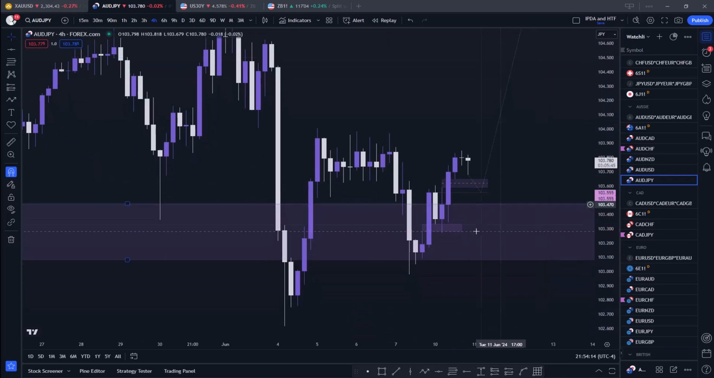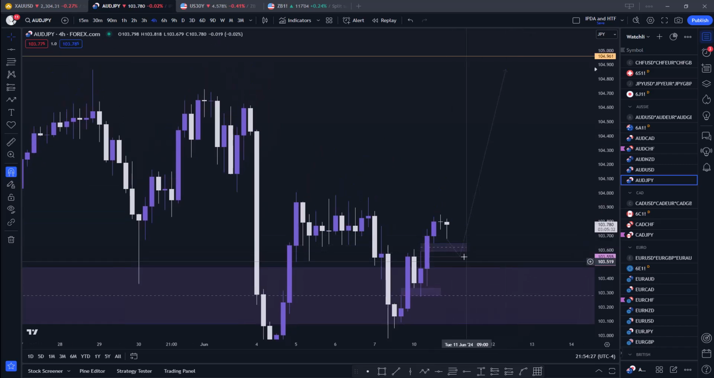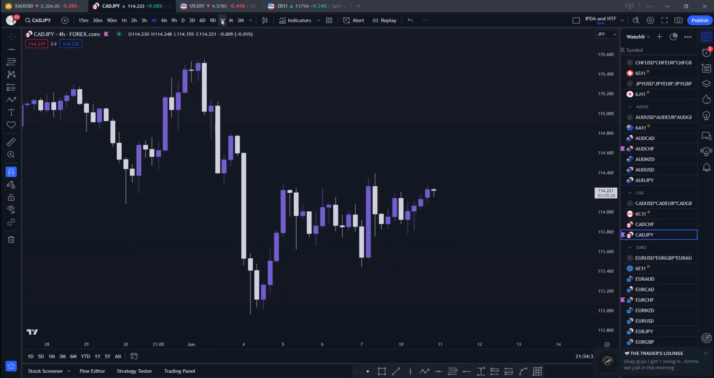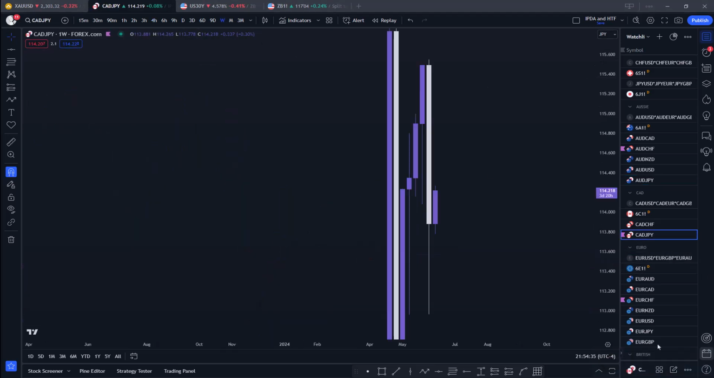And my invalidation point being this swing low. I wouldn't like to see price come back down to the swing low or the consequent encroachment of the weekly fair value gap, which is this huge purple area. So I'm expecting a retracement and a continuation higher on AUDJPY. The same, or similar, concept applies